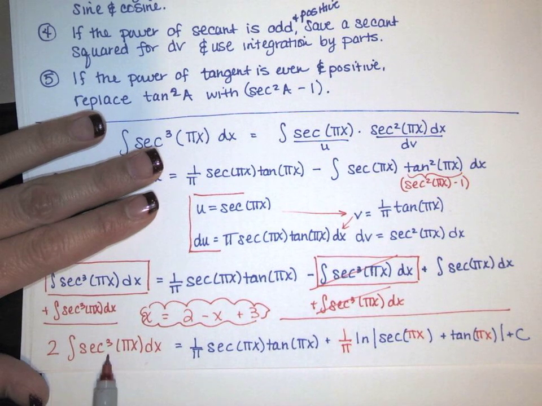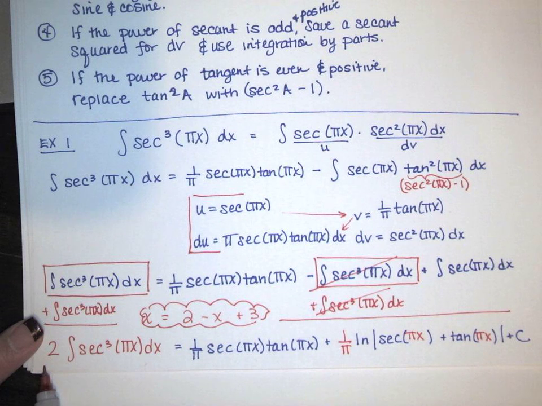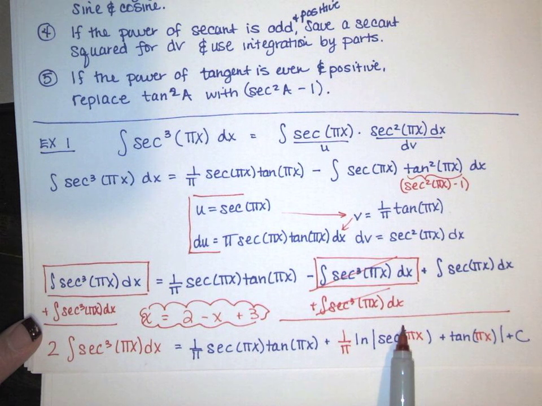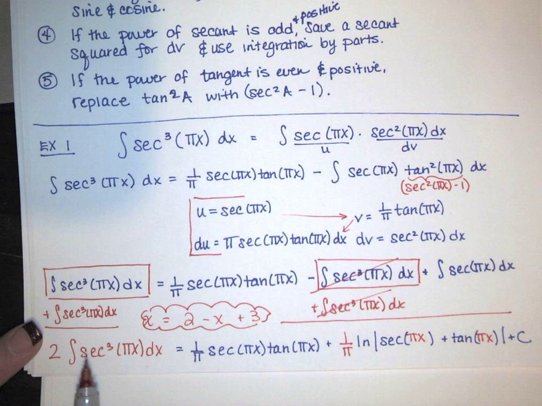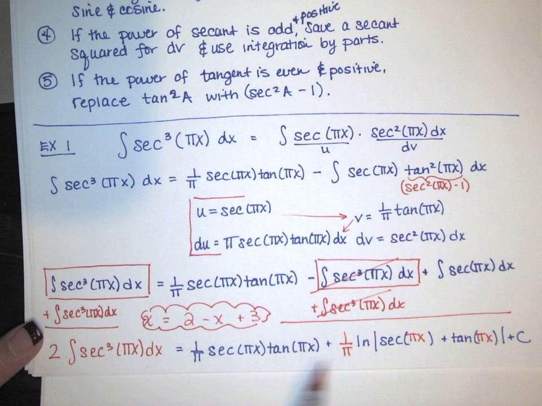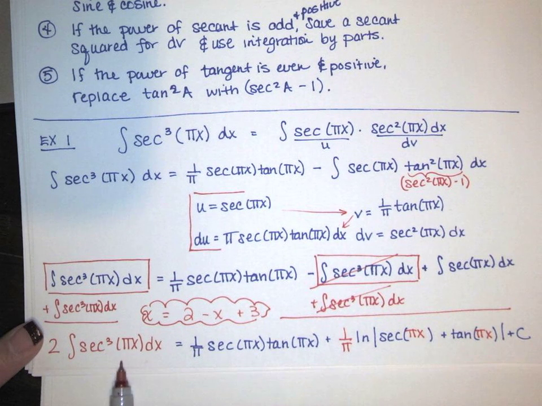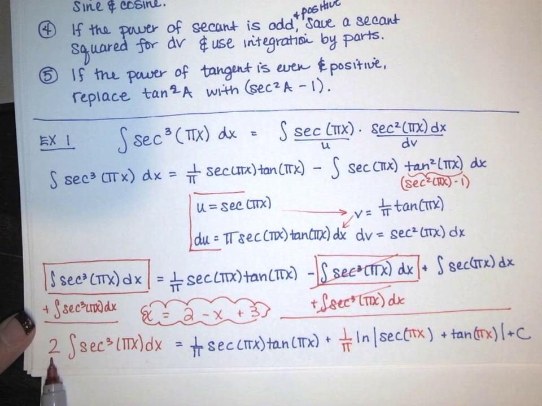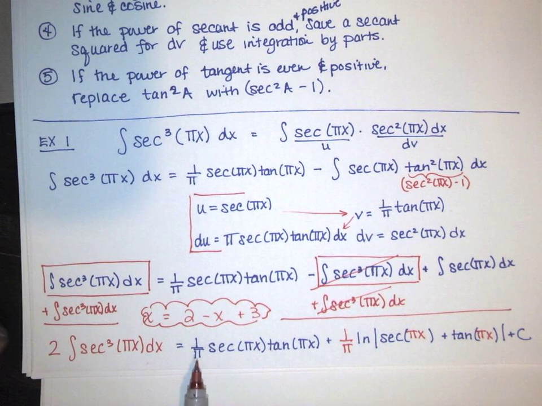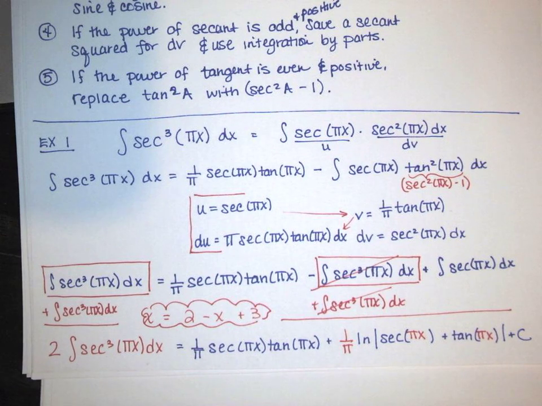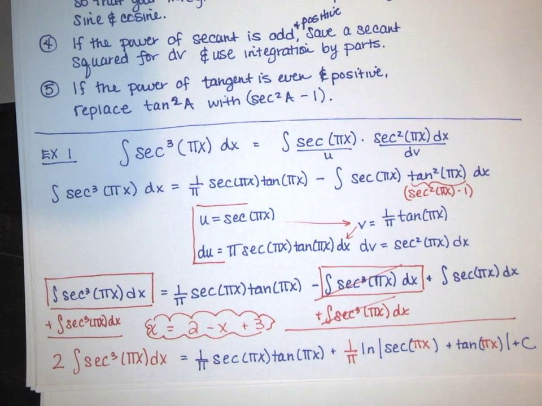All right, and I was looking for the integral of secant cubed. Got 2 of them. So 2 of those integrals is this. Are this? I don't know. I teach math, not grammar, right? So I've got this equals this, and if I'm trying to get this integral of secant cubed by itself, I have to divide by 2. Or alternatively, you could divide each term by 2, or you could say dividing by 2 is multiplying by 1/2. So I get this equals, next page,